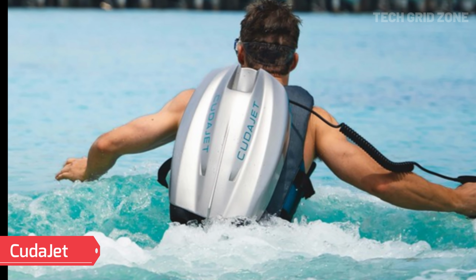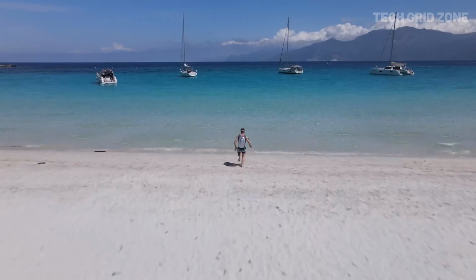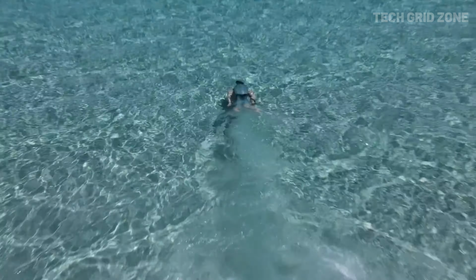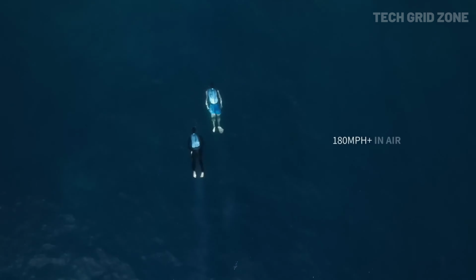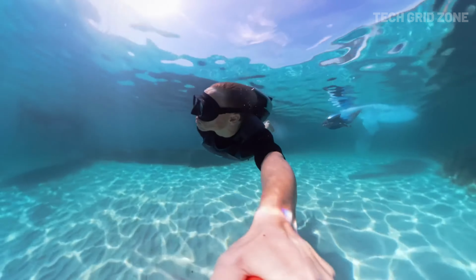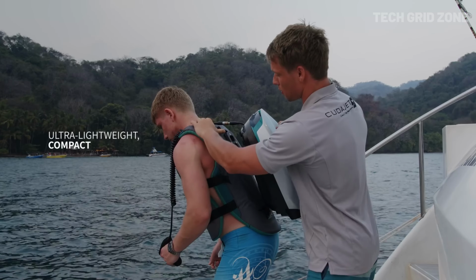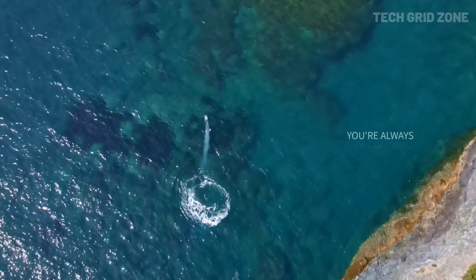CudaJet Underwater Jetpack, a revolutionary diving gadget that lets you glide through water like a human torpedo. This self-powered, all-electric jetpack delivers up to 40 kilograms of thrust, reaching speeds of 3 meters per second. It's lightweight at 13.2 kilograms, compact, and built for freedom underwater. No tethers, no hassle. With up to 90 minutes of runtime and a 75-minute charge time, it's designed for long,